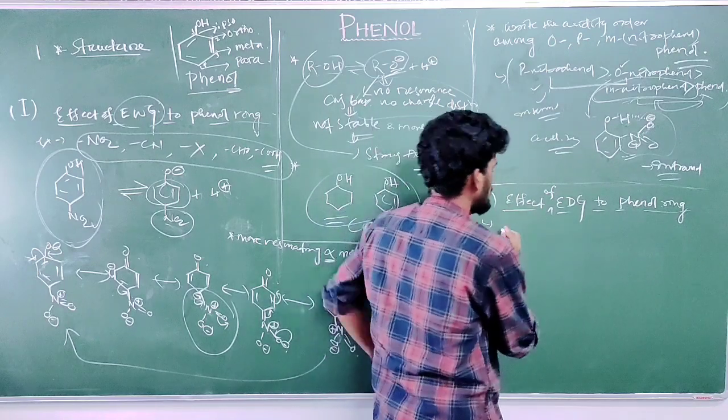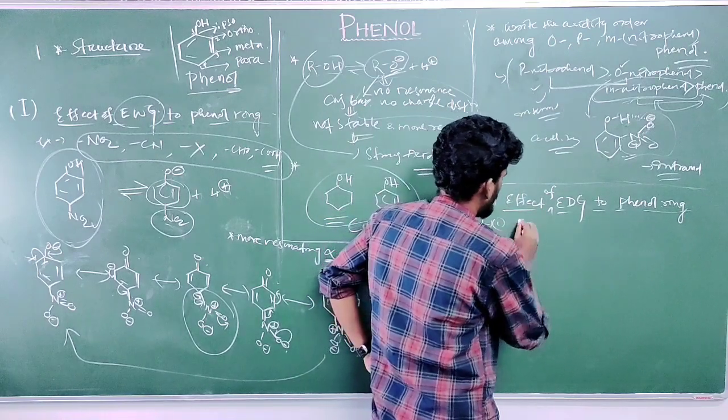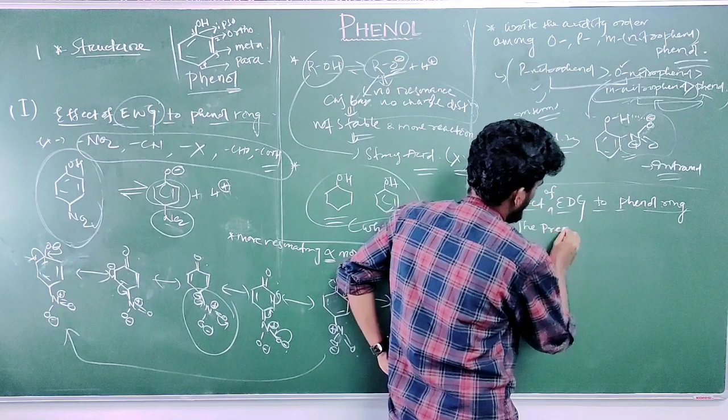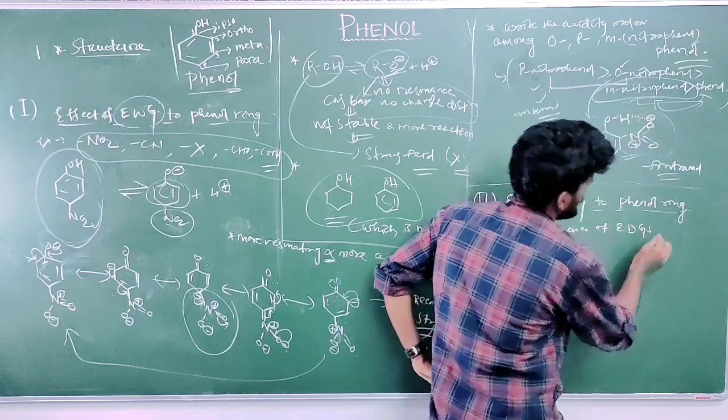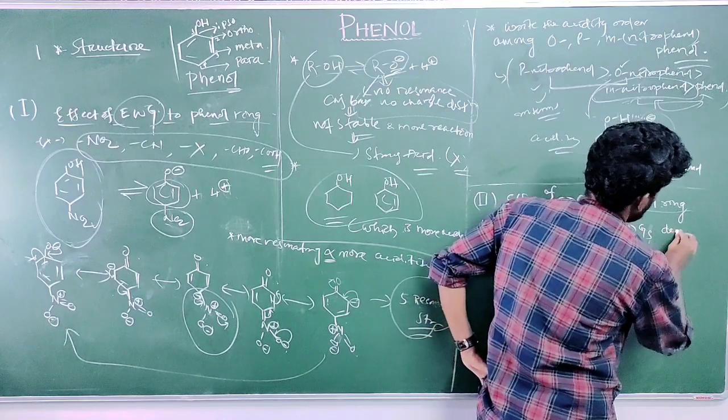So write: the presence of electron releasing or electron donating groups decreases